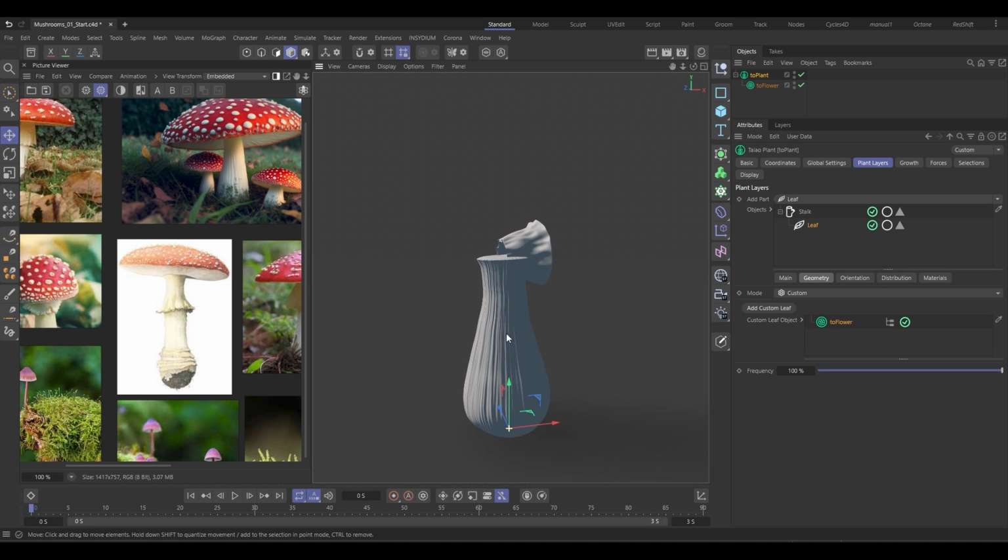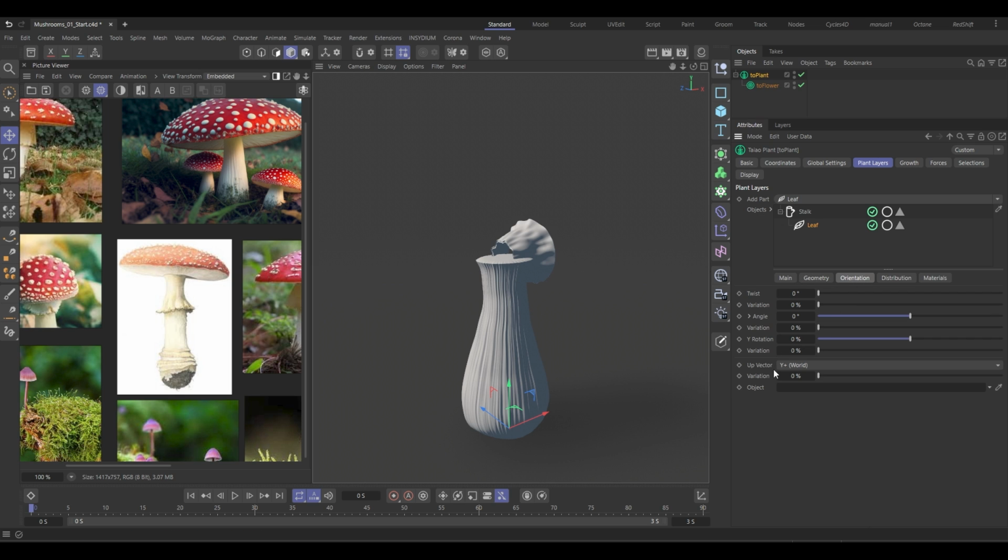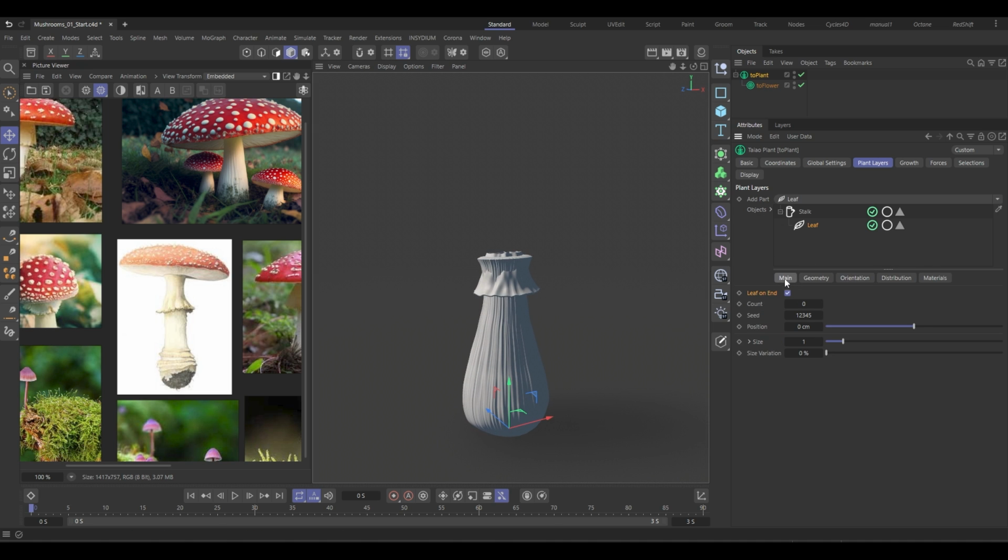That puts it here. Now we need to do a couple of things to get it orientated correctly. Go to orientation, and we can change the up vector to minus y world, and then with the y rotation set that to minus 100, and you can see that now puts it into a place where we can start manipulating it. So we'll go back to the main, and we'll drop that position, something like that, increase the scale,